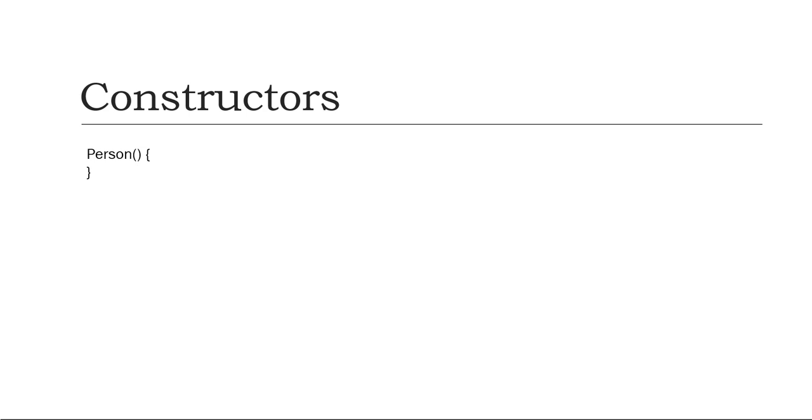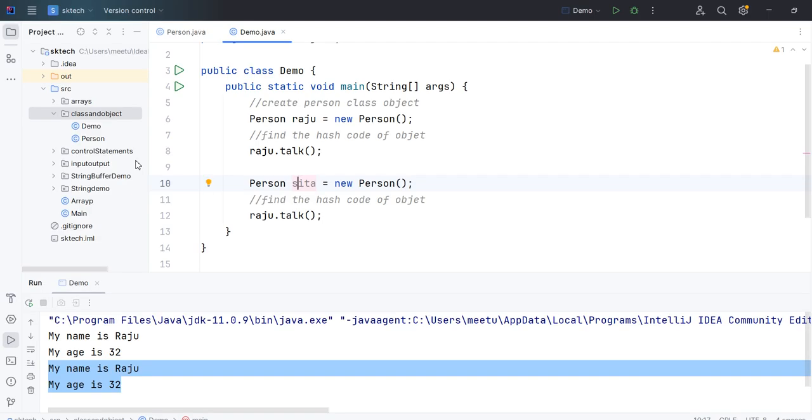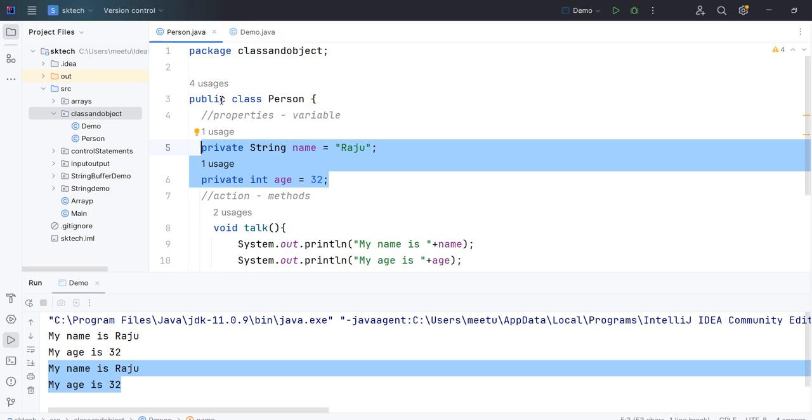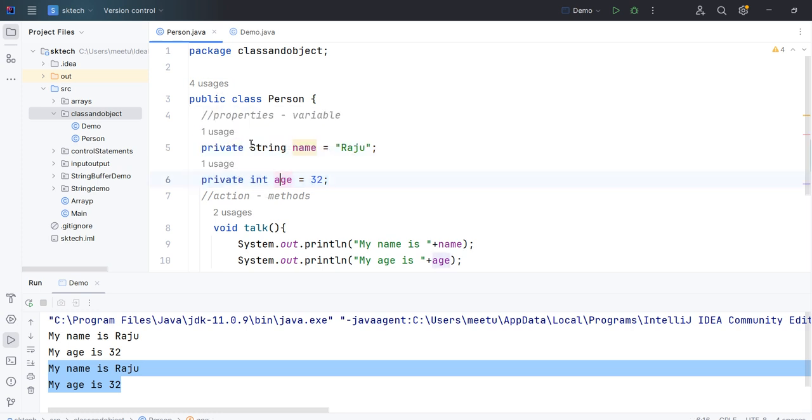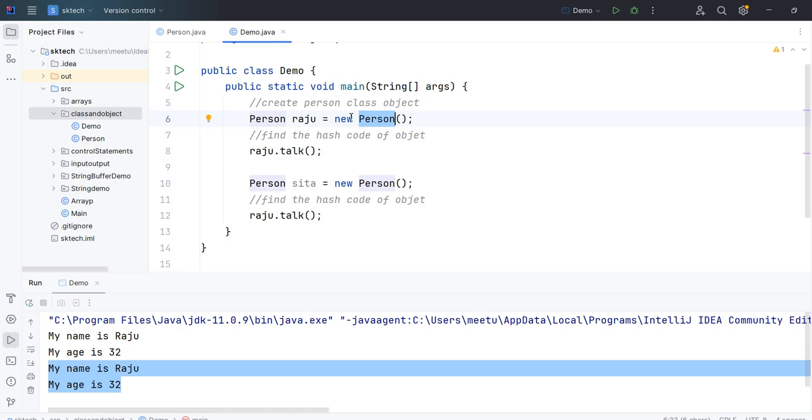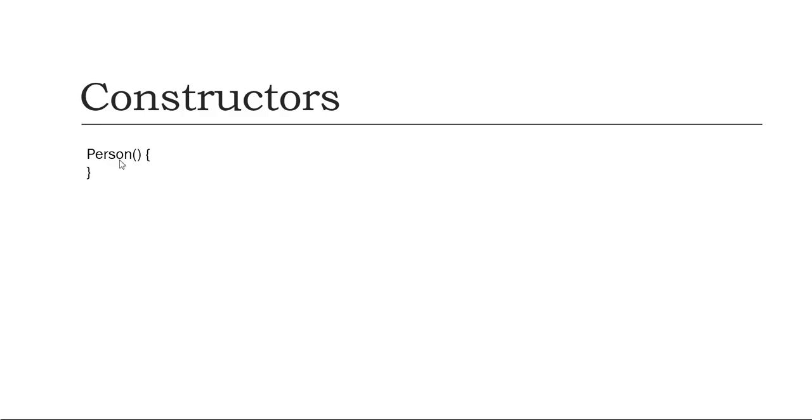In our earlier programs, in this Person class, we have not created any constructor, so this is called the default constructor. Even if you are not creating it, Java internally places it inside the class. That is why we are able to use this constructor.